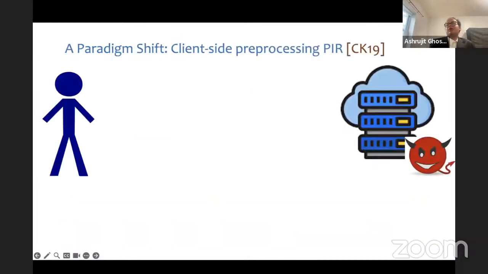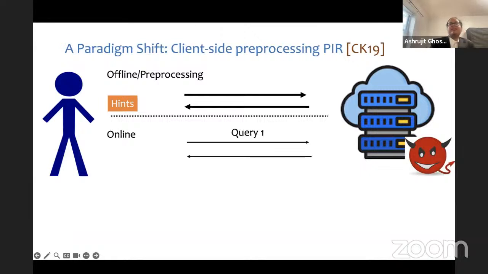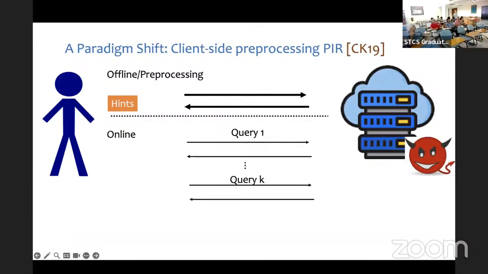Although, in a more positive development, there's been a recent paradigm shift following the work of Corrigan-Gibbs and Kogan, which introduced the model of client-side preprocessing PIR. So in this model, there are two phases. In the preprocessing or offline phase, the client communicates with the server and stores some hints. In the online phase, the client makes queries that depend on these hints it already has from the preprocessing and receives the